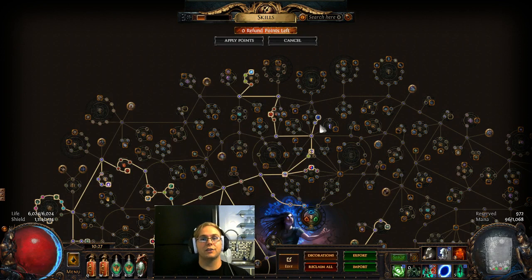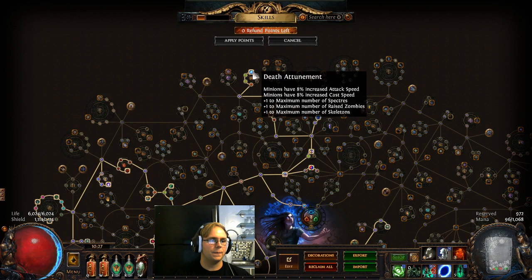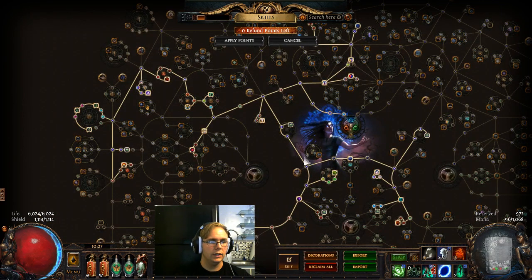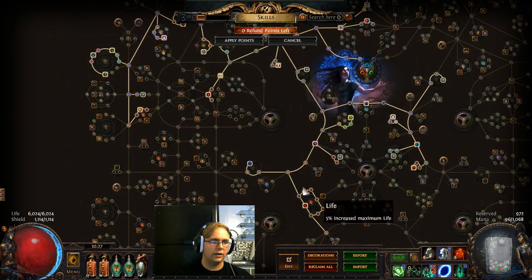up. Jewel sockets are very important for this build. We'll go over what jewels, mods and stuff you want on your jewels and all that in a second. But we came up through life, grabbed Death Attunement just for the extra skellies and all the minion damage. Then we came over and down, grabbed the minion damage down here, and went down to the Scion Life Wheel,